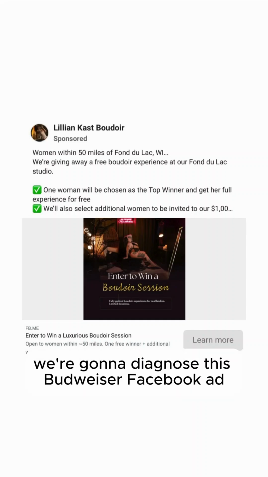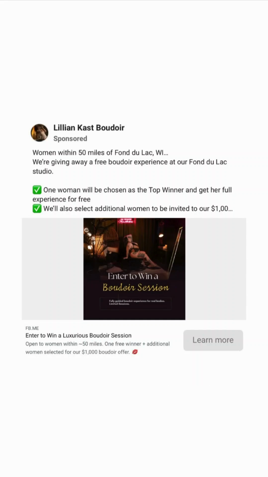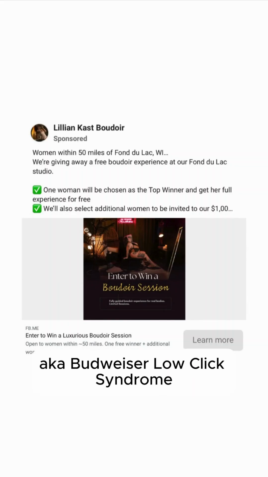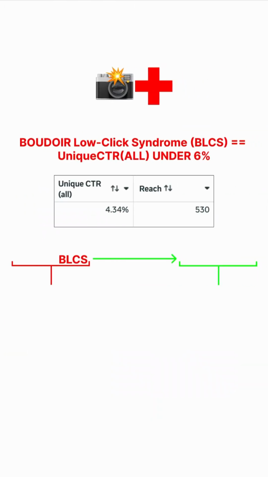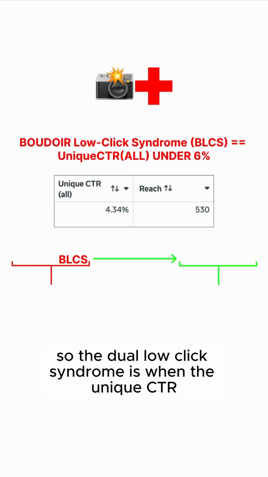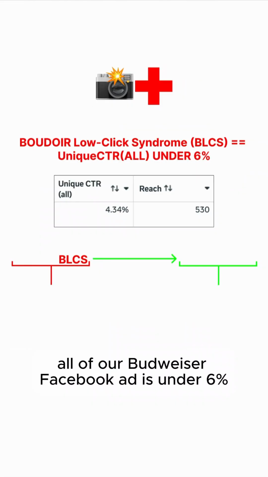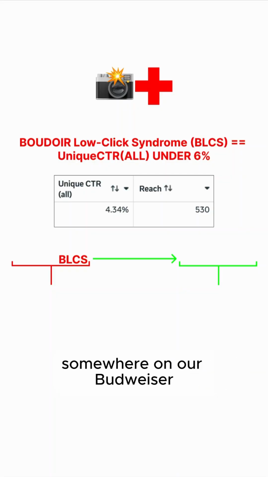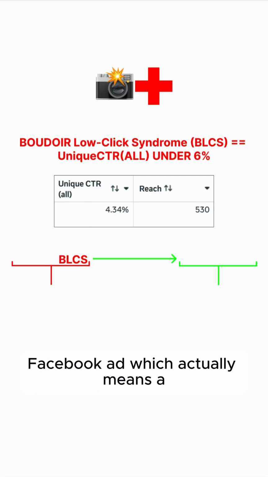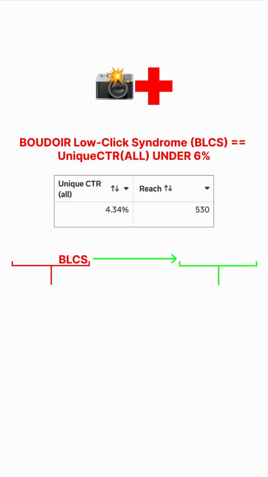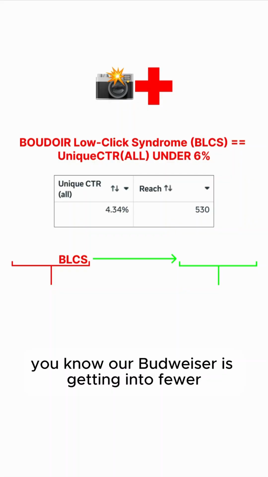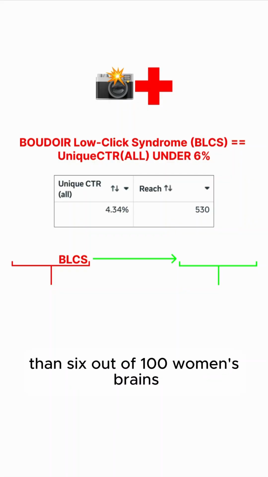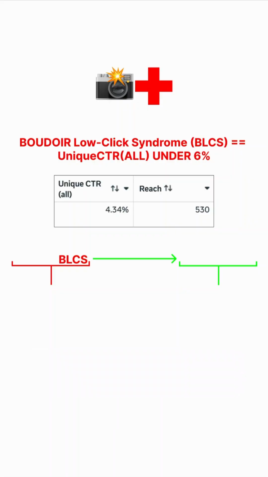All right, y'all, we're going to diagnose this Boudoir Facebook ad, see if we believe it has BLCS, aka Boudoir low click syndrome. Boudoir low click syndrome is when the unique CTR of our Boudoir Facebook ad is under 6%. That means fewer than 6 out of 100 women are clicking somewhere on our Boudoir Facebook ad, which actually means our